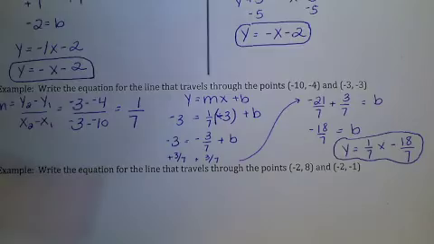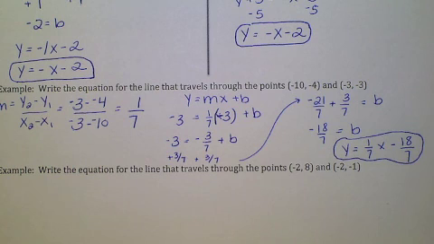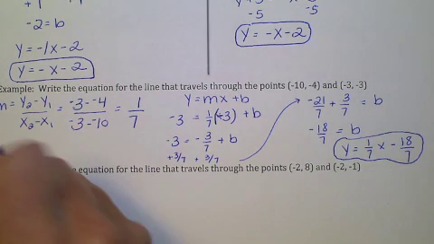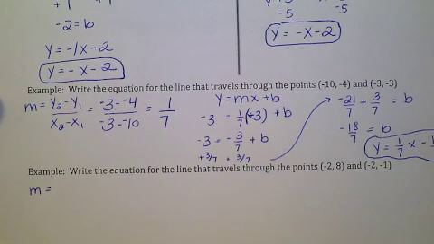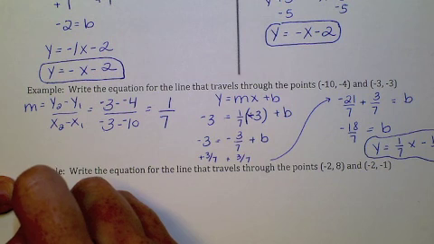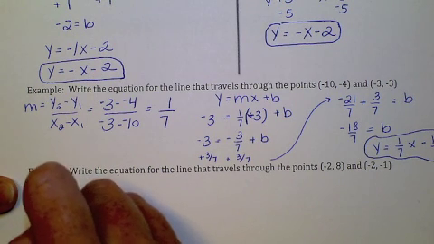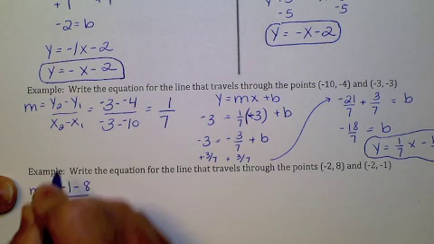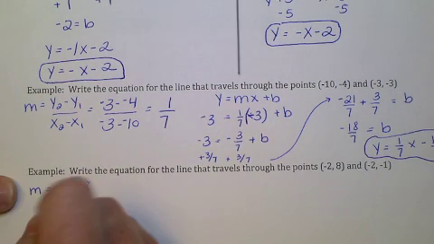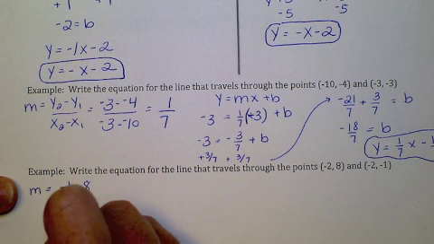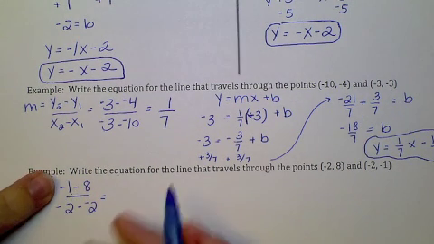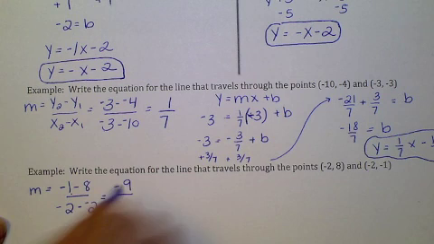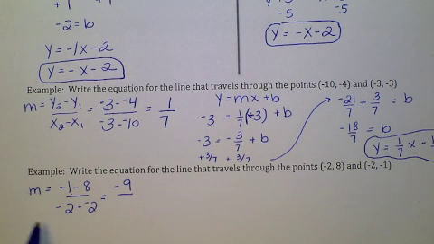Okay. All right, the next one. We're going to use point-slope form. So we still have to find the slope. You always have to find the slope. Let's make sure you can see this. So change in y would be, let's see, negative 1 minus 8 over change in x, which is negative 2 minus a negative 2. This is interesting. Okay, so the top is going to be negative 9, and the bottom is going to be